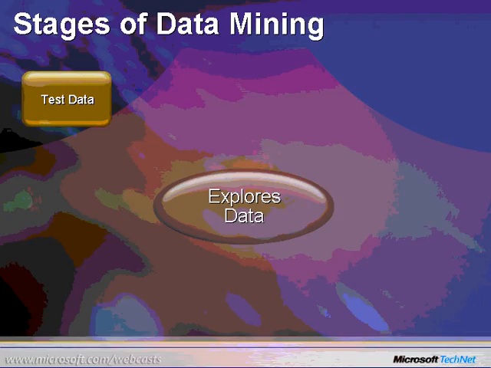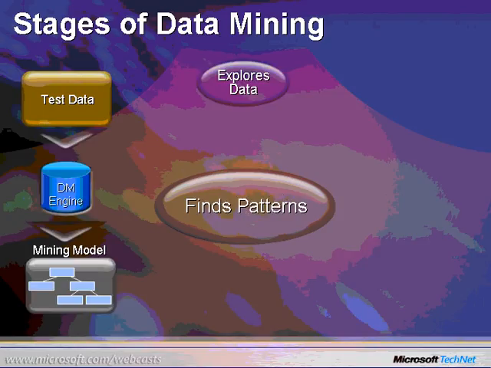This stage generally begins with data preparation. Preparation involves cleaning, transforming the data, which can be done with SQL Server Integration Services. The data is then exported, and it is determined which variables should be used for this project. After you determine which variables to use, you'll find patterns in your data.